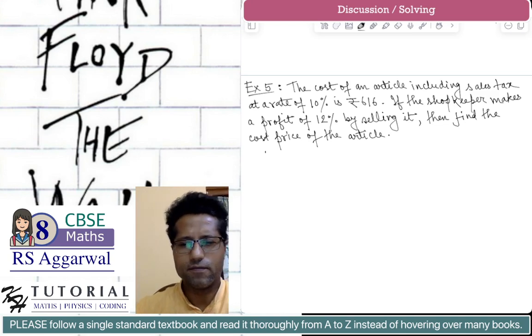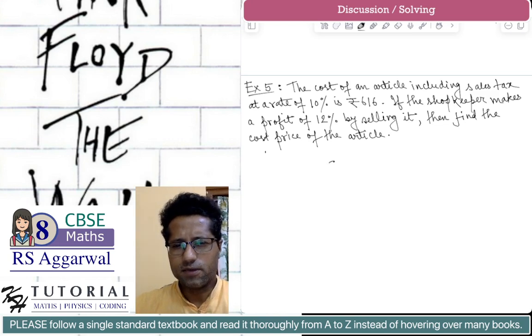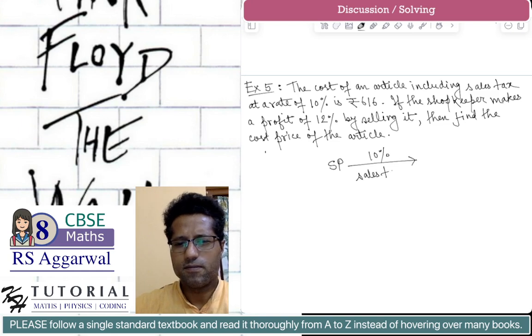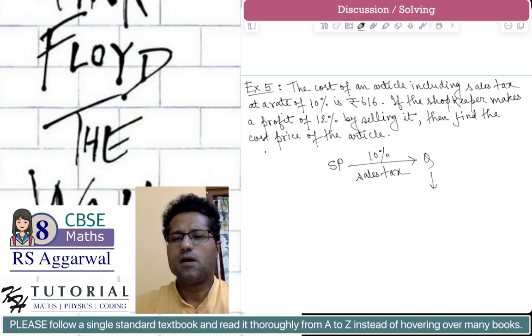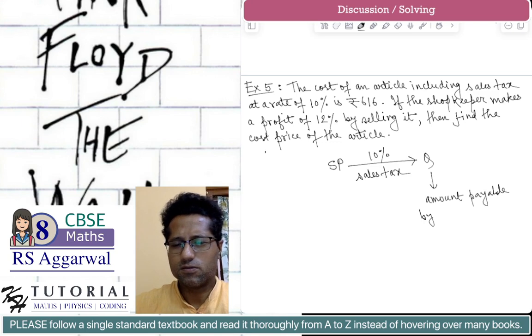So what do we have? Let's start with the selling price. We have the selling price, and there is a sales tax of 10% applied, and the final amount payable by the customer is Q, that is, the amount payable by the customer,